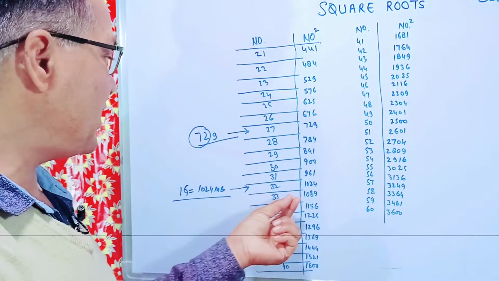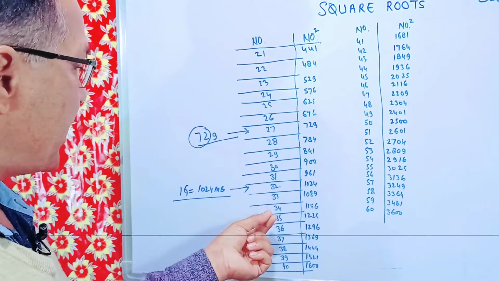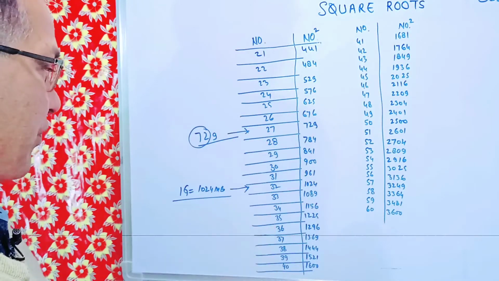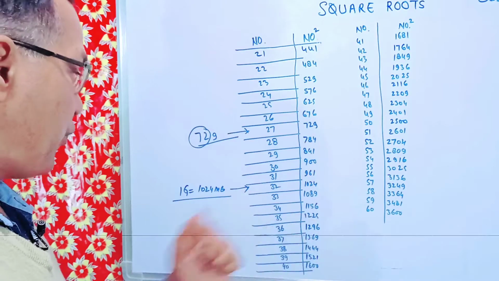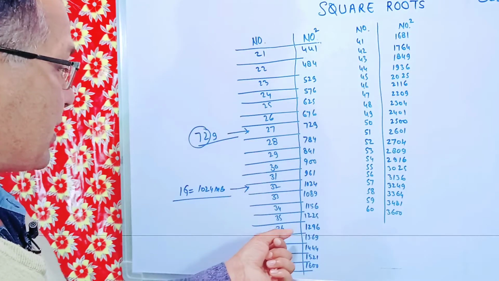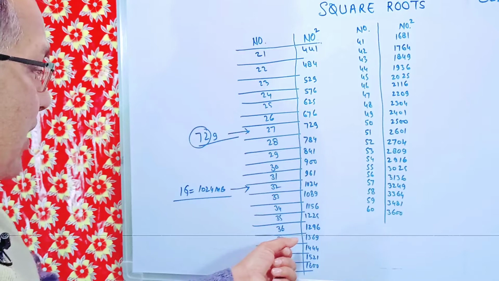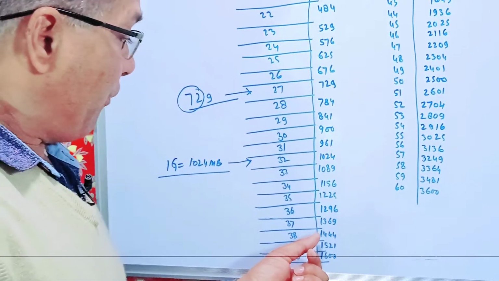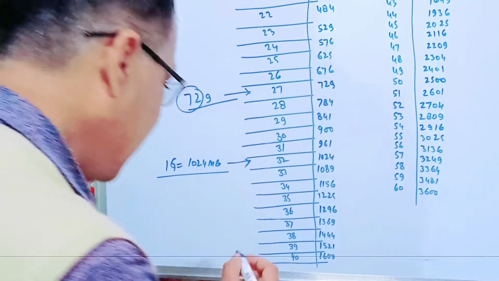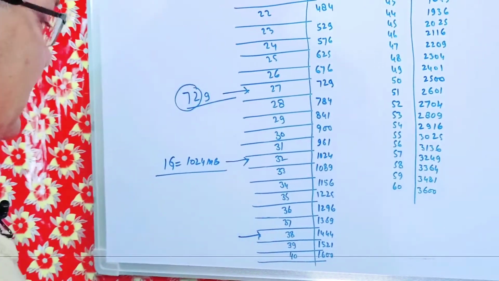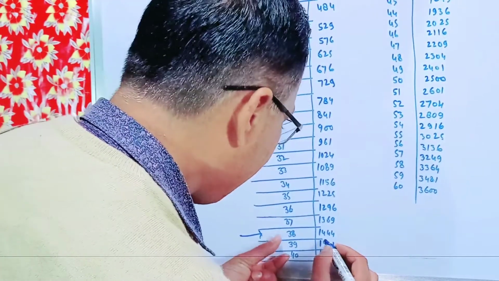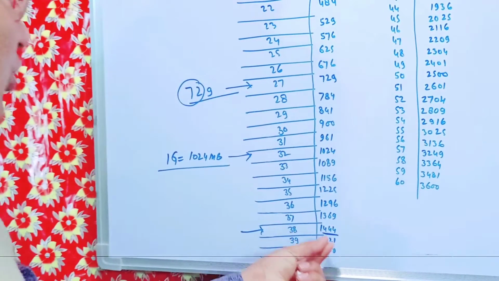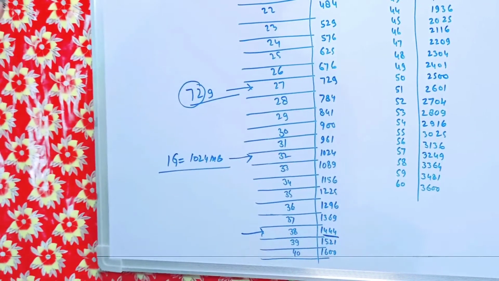So square of 33 is 1089, square of 34 is 1156, square of 35 is 1225, square of 36 is 1296, square of 37 is 1369, square of 38 is 1444. Here also see, the square of 38 is 1 followed by 3 consecutive 4s,